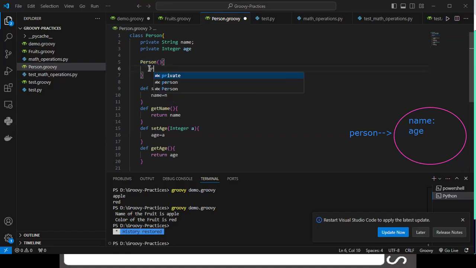So let's add a print statement. I'm writing a println statement: Hello constructor calling. Just this statement. And to verify that this statement gets invoked when you create the instance of the Person class,